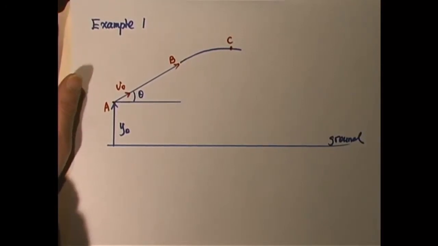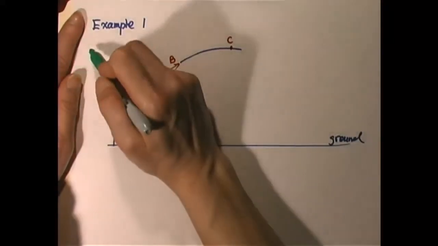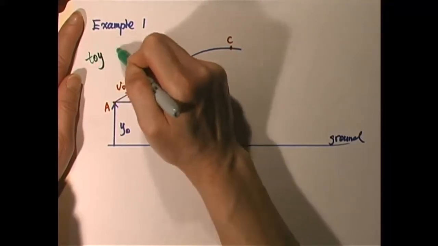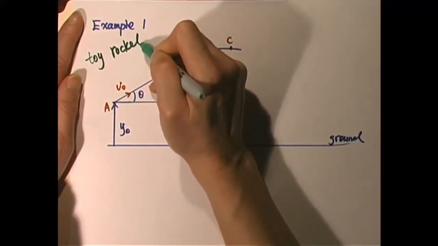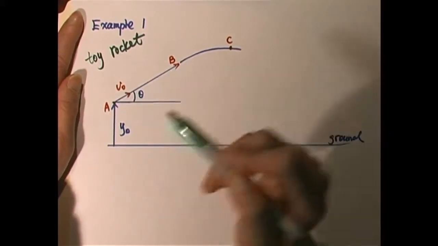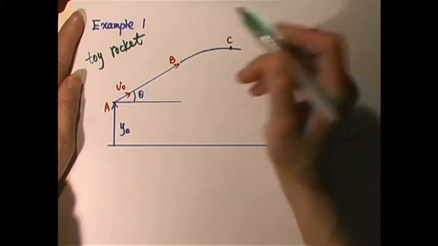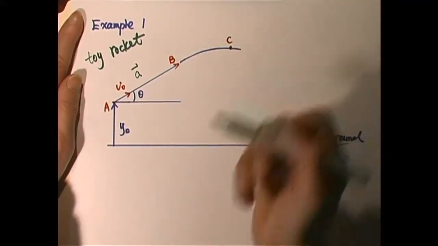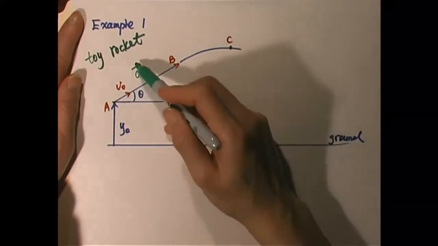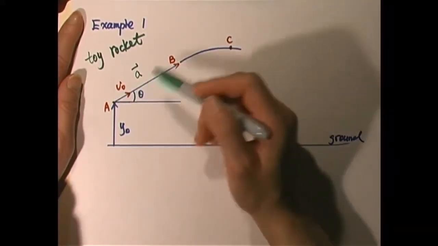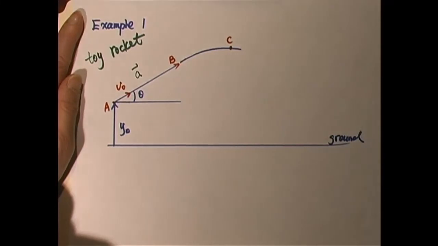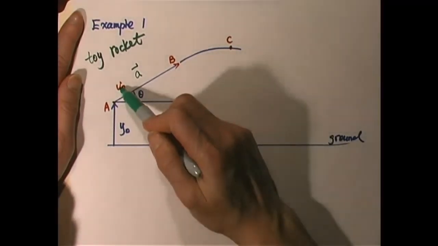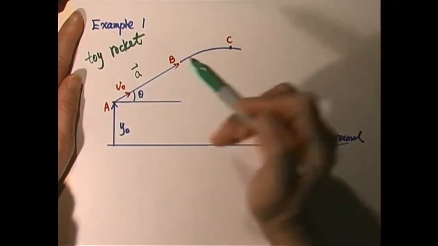We have something slightly different. Say I have a toy rocket. Initially, I shoot it with an angle theta with initial velocity V0, but with an acceleration along that direction. The condition that the acceleration is along that direction means it has already overcome g. So let's say we shoot the toy rocket with an initial velocity and an acceleration at such an angle